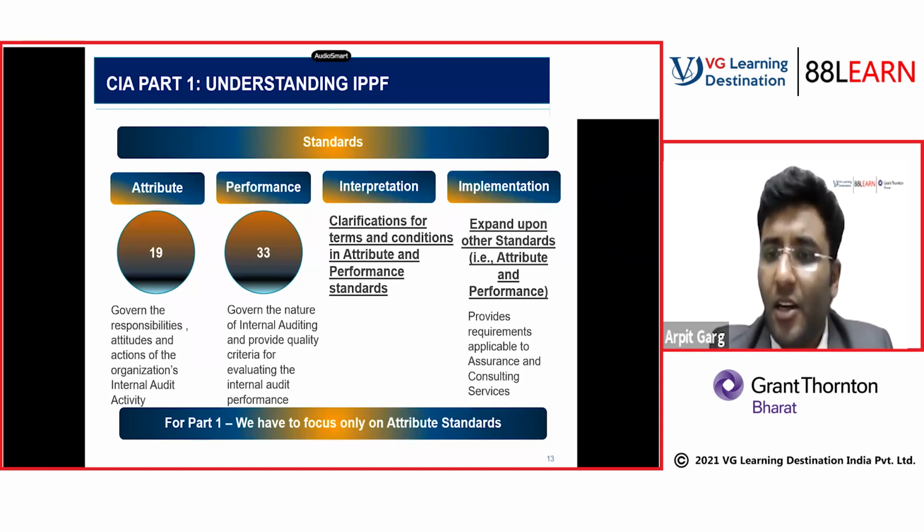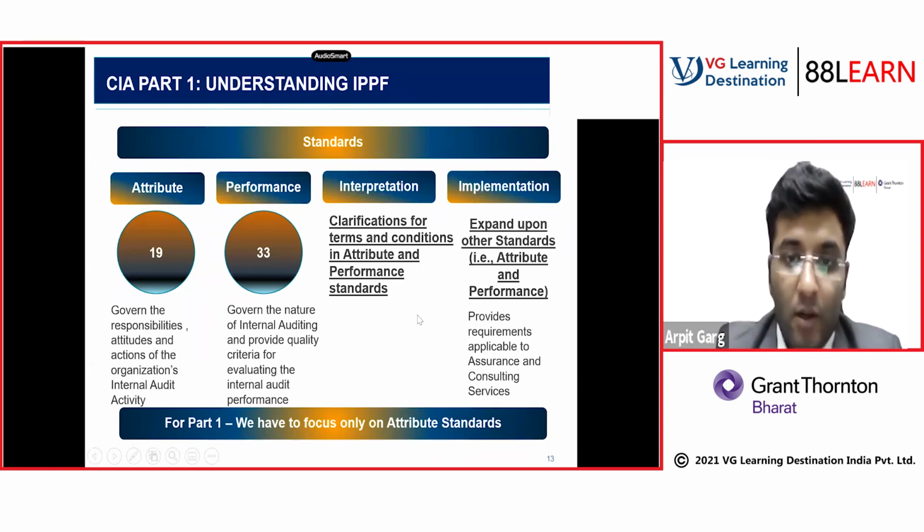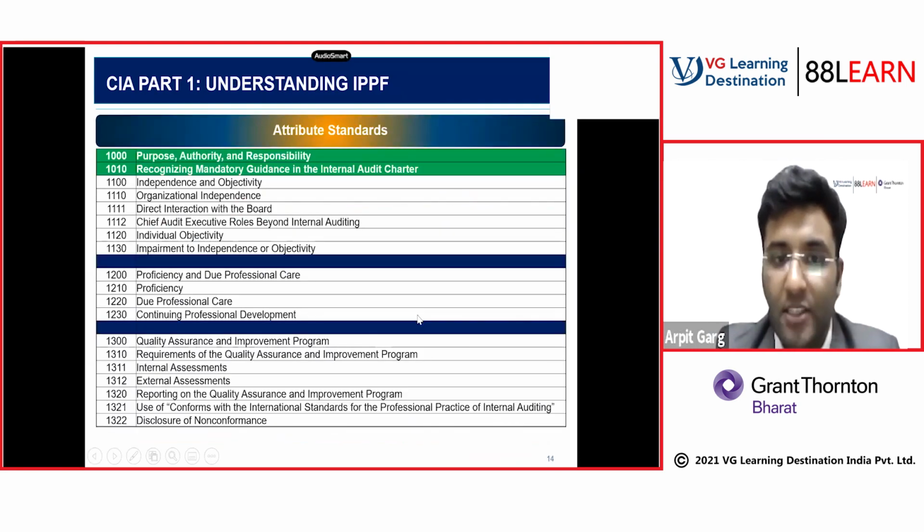These are very to the point, concise, precise standards, very focused, not very large in volume, and we can easily cover that. We don't have to remember it by heart. We have to understand it by logic. The examination is not going to ask you which is standard 1200, what is standard 1100, and so forth. The examiner is going to test you on the understanding of your standards. So that is about the standards, folks.